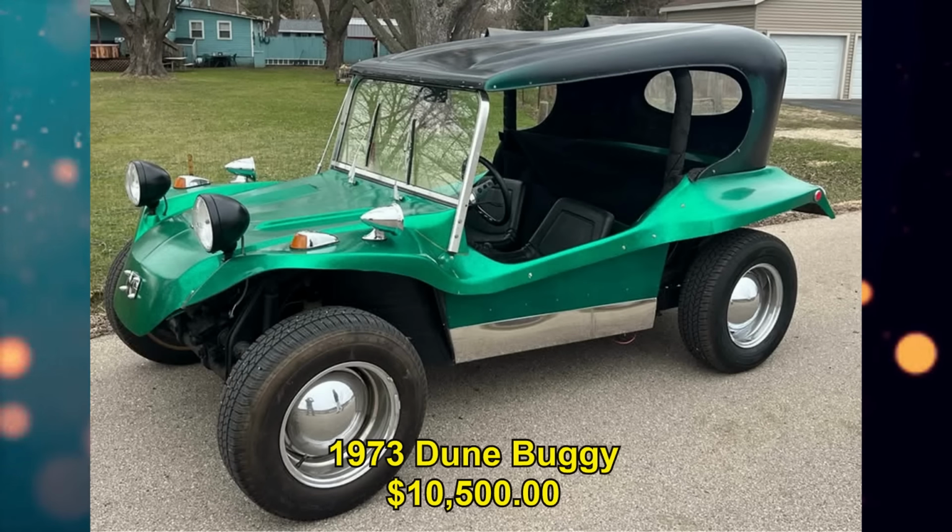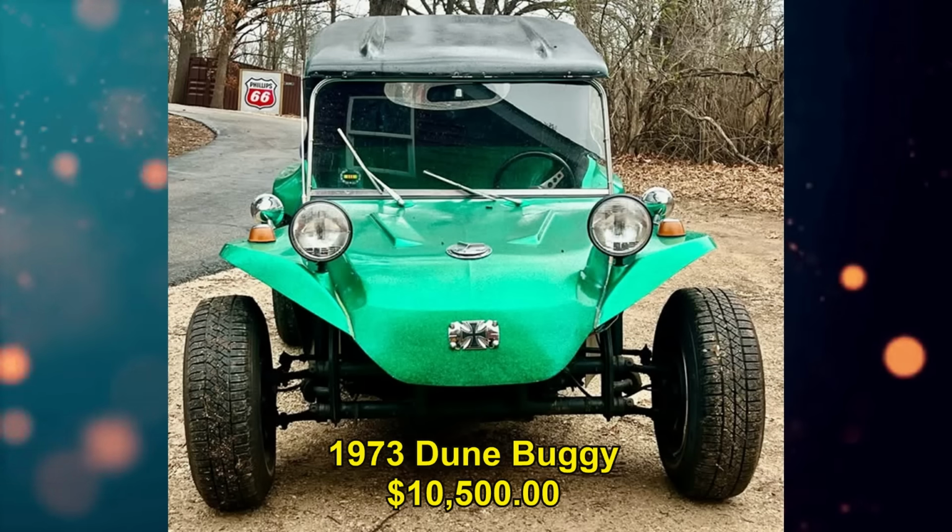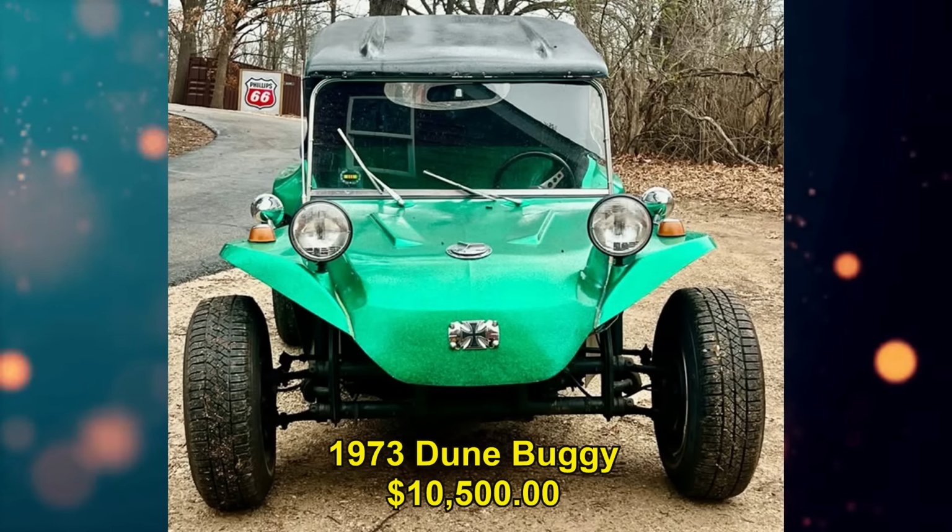I mentioned we had a couple of dune buggies today. Here we have a 1973 dune buggy listed for $10,500 US in Hunley, Illinois. It has a manual transmission, and from the seller's description, $10,500 cash or possible trade, no boats, no projects, no